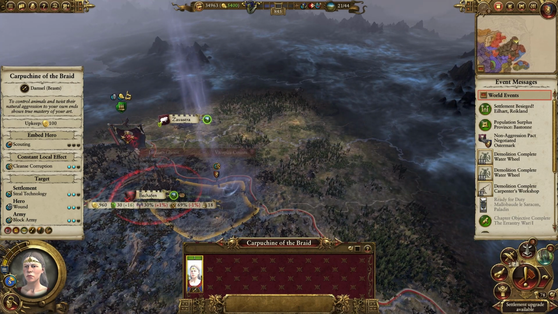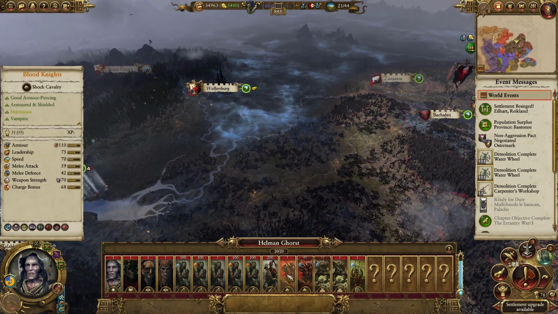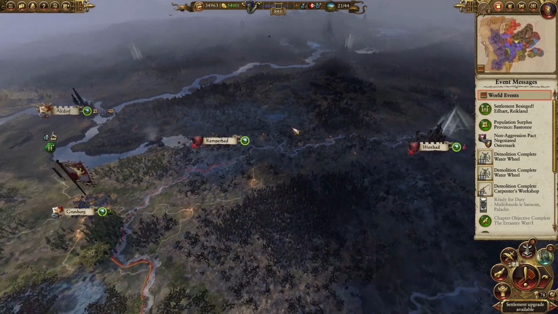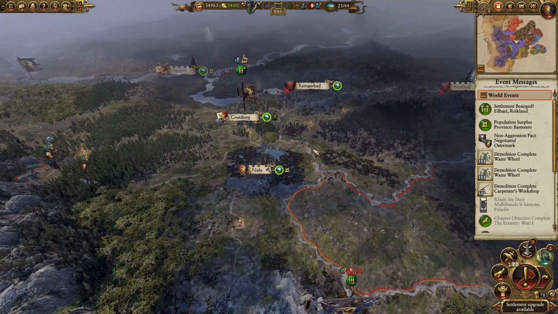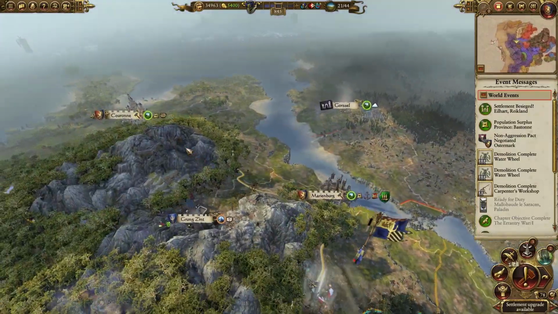Helen Gost, you happen to be around. Oh, and you got Blood Knights. Ouch. That's going to be a tough one to crack with our units. Okay, anyway, we've now got a lot of money, and we're going to be spending that right over in Corian